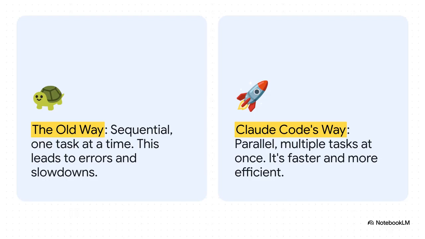All right, so think about it this way. Most AI coding assistants work sequentially. They do one task, then they move on to the next one, then the next. And for any big project, that's like being stuck on a single-lane road during rush hour. It just creates traffic jams, errors pop up, and the AI can even forget what it was doing. But Claude Code works in parallel. It's like opening up a brand new multi-lane superhighway. Everything moves at once, faster, and way more efficiently.